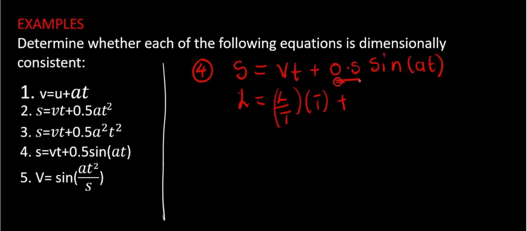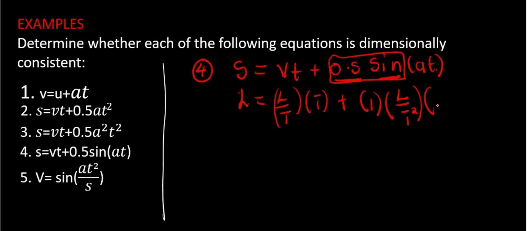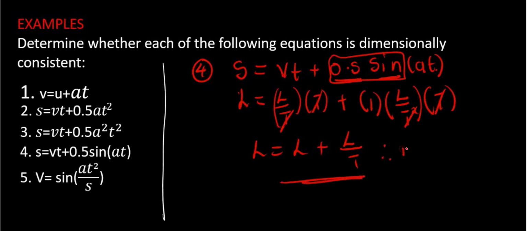Plus this is a number, a constant, and this is also a sine, so all of this is represented by 1. Then this is acceleration again, so L over t squared. Then you have t this side, meaning this and that go equal to L, plus this t and this t cancel, you have L over t, just like that, meaning that it is not